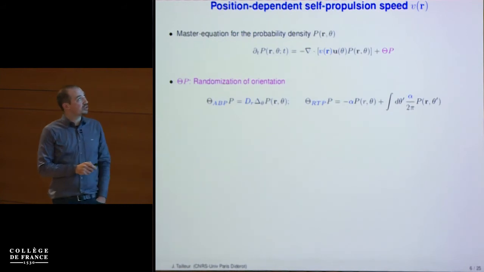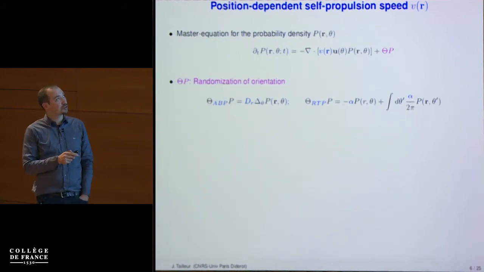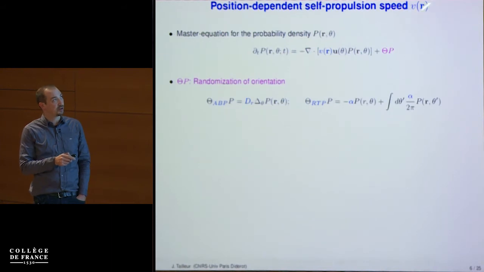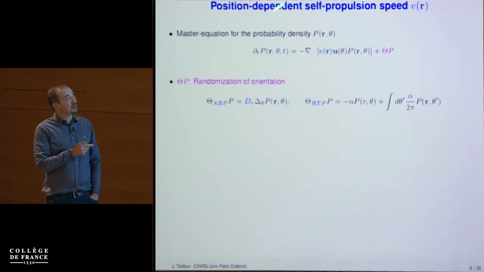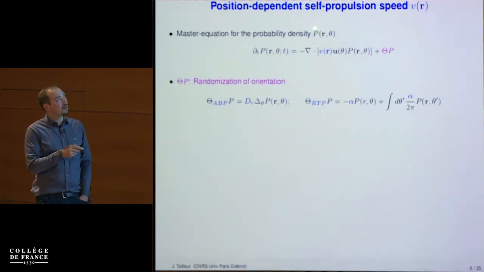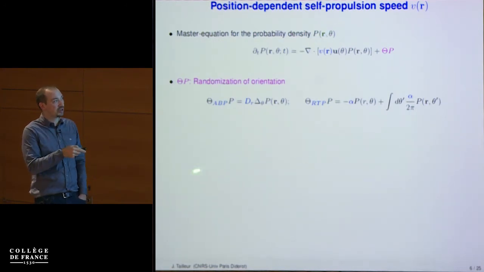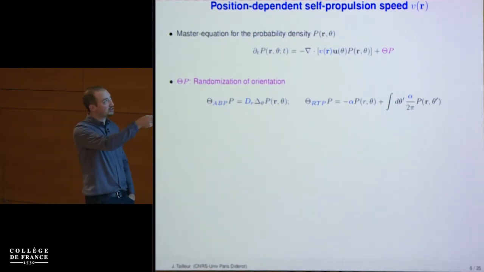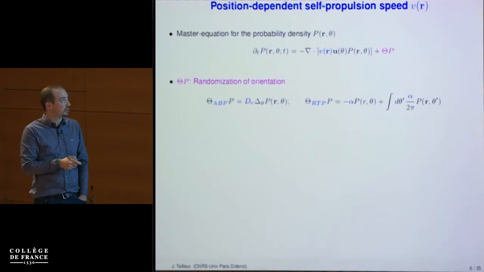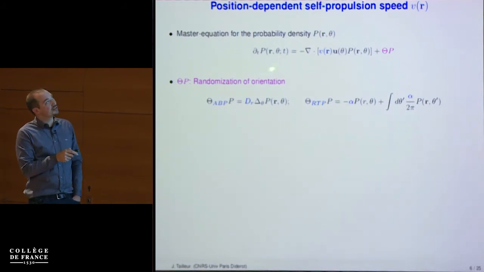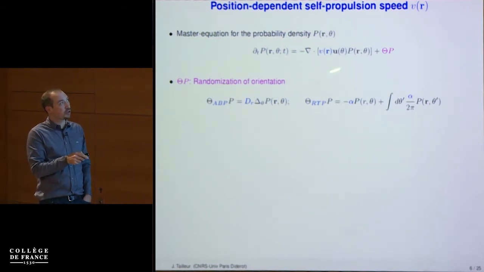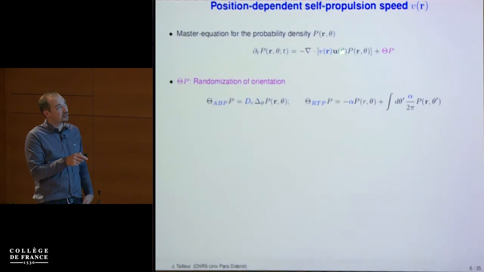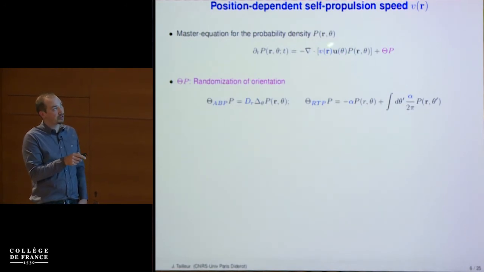Okay, so imagine that you have an active particle with a self-propulsion speed, v, that depends on position in space, r. I want to write down a master equation for the probability density, and here I'm working in 2D, of finding a particle at position r going in a direction theta. So theta will be the angle, say, with the horizontal, that the body axis of the bacteria or the particle is doing. So typically what I will have is that the time derivative of p is minus the divergence of a current, and this probability current is simply the advection of the probability by the self-propulsion of the active particle.